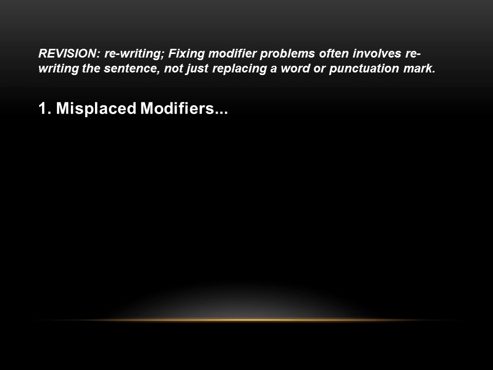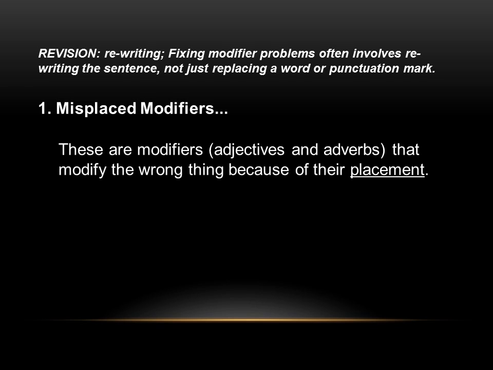Let's start with misplaced modifiers. A modifier, first of all, is just an adjective or an adverb. Think about the two parts of speech that have the AD at the front of it. Add, they're adding information either to nouns or pronouns or to verbs, adjectives, or other adverbs. Those are modifiers. Now, it's not really necessary that you know the difference between an adjective and an adverb or any part of speech for the ACT. You just need to be able to recognize that there's a problem with the sentence